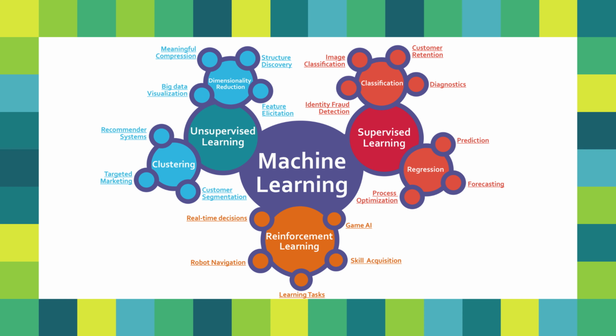Let's look at this diagram. It shows us the three types of learning and the sub-areas within each type. For instance, supervised learning problems are categorized into regression and classification. In regression, we are trying to predict a result within a continuous output. And in classification, we are trying to predict a result in a discrete output.